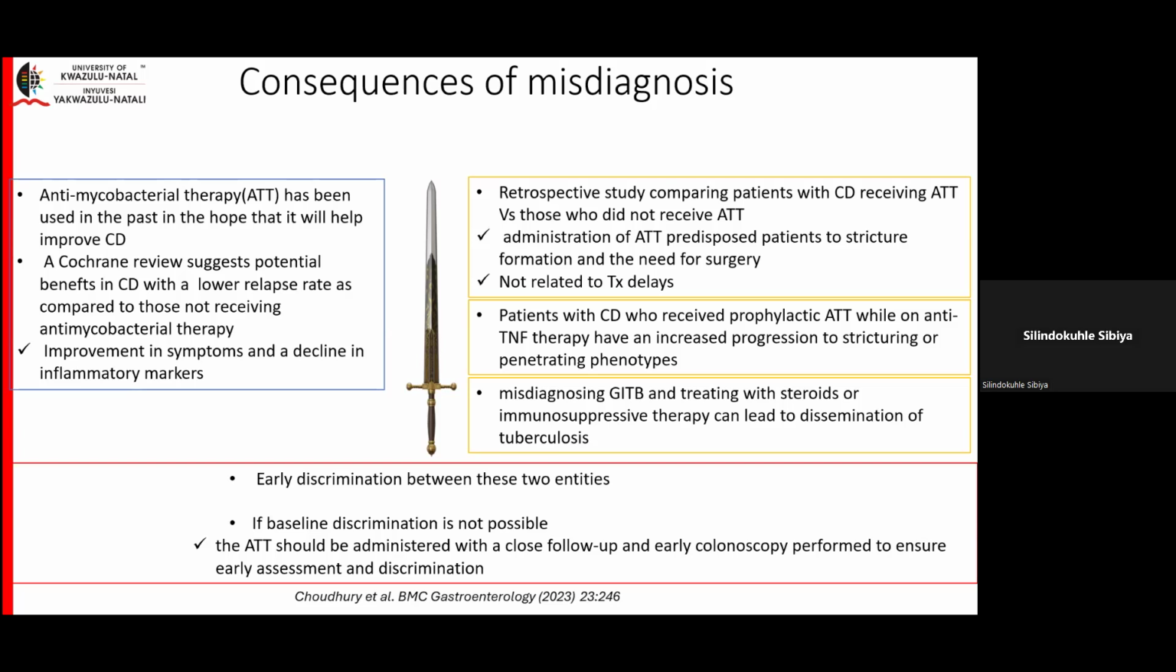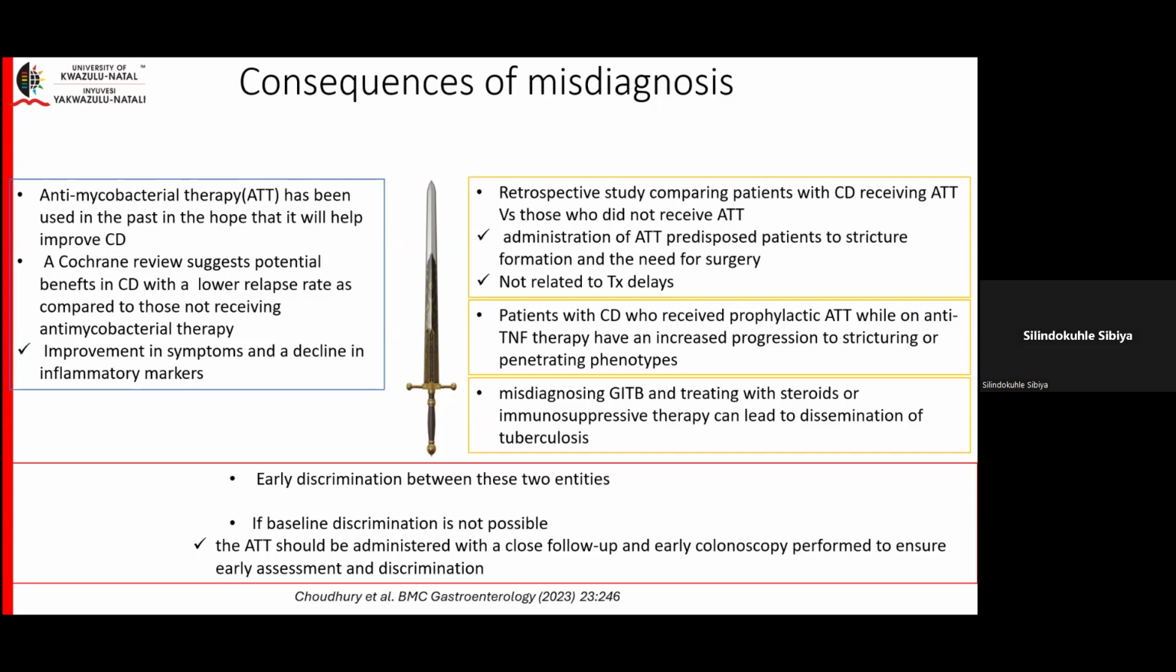Whilst on the other hand, a retrospective study comparing patients with Crohn's disease receiving anti-TB treatment versus those who did not receive TB treatment showed that the administration of the TB treatment predisposed patients to stricture formation and the need for surgery, and this was not related to treatment delays. While patients with Crohn's disease who received prophylactic TB treatment with anti-TNF therapy had an increased progression to stricturing and penetrating phenotypes. So misdiagnosing